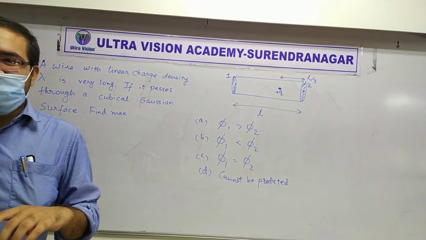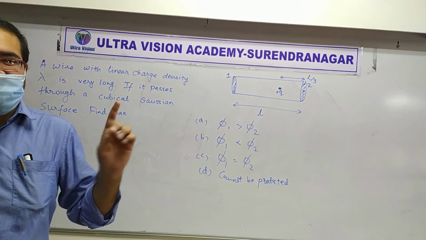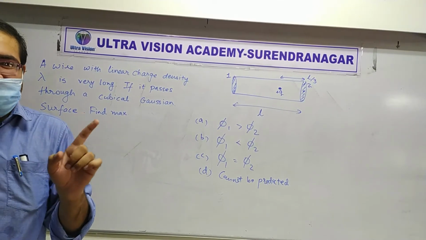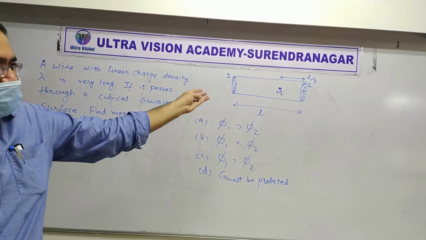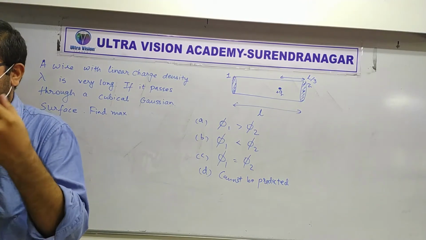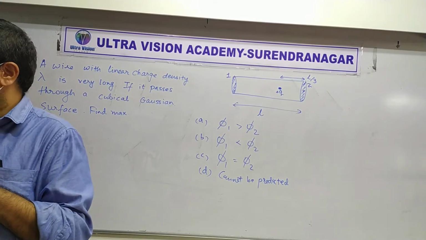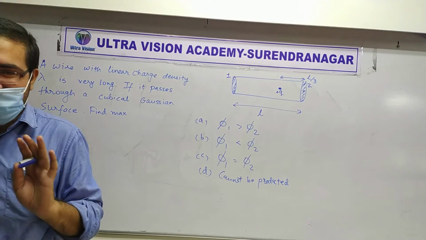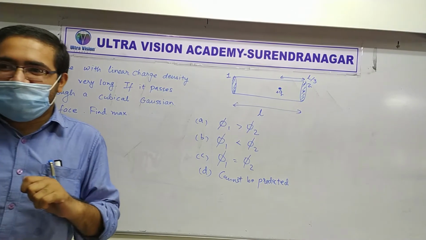That's right. Okay. You can get it right by guessing, I'll tell all of you: if your reason is not exactly what I tell you, I would not consider it correct. But what you said is definitely right because it is close. That's why flux is more. But now let me ask: how is it that flux depends on distance? The formula is phi equal to E A cos theta, or integration of E dot dA cos theta. There's nothing like distance over there. Think about it.